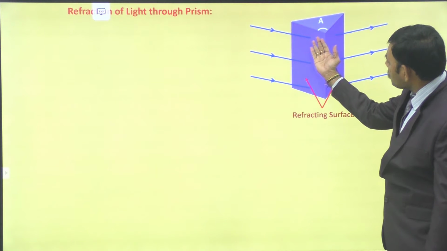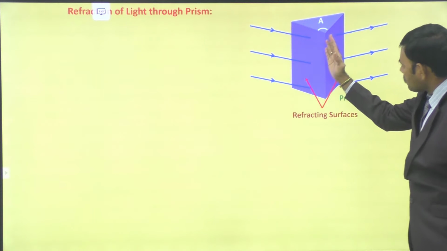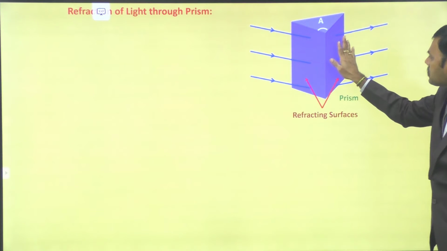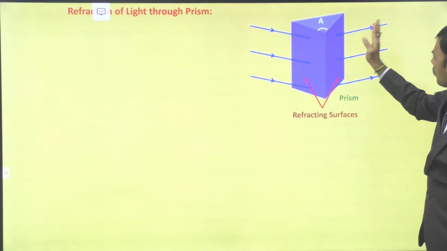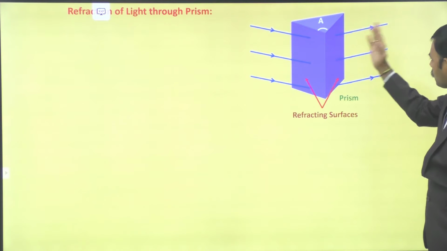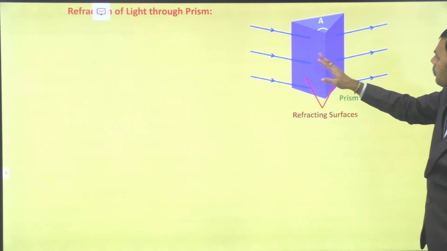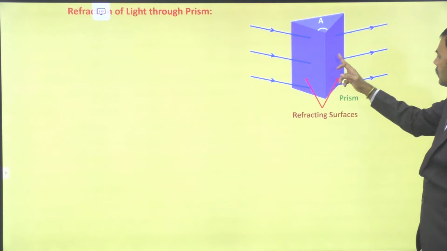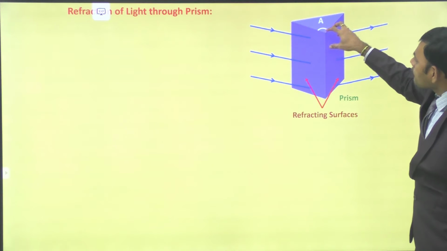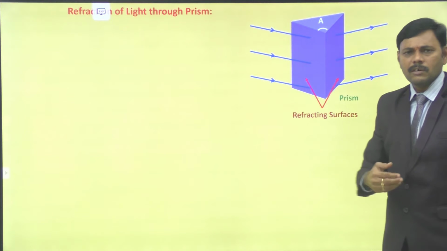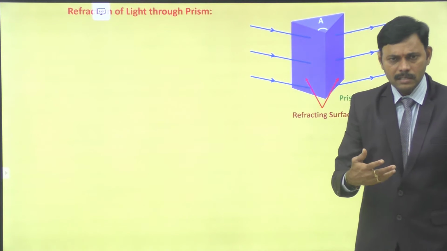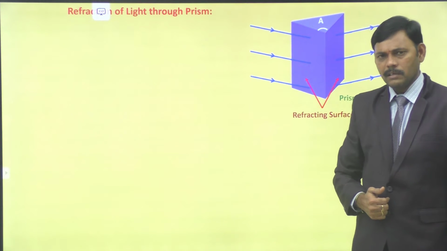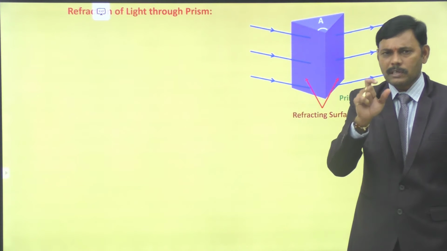Here this is the refracting surface which is separating air and the prism medium, and at this position light makes first refraction, and this is the second refracting surface at which light is traveling from prism to air, glass to air. So these are the two refracting surfaces, first and second, at which light is traveling from air to glass and glass to air. Out of this we consider one principal cross section. According to the laws of refraction, we know that the incident light, refracted light, and the normal drawn at the point of incidence lie in the same plane. So it is enough to consider one principal cross section of the prism.